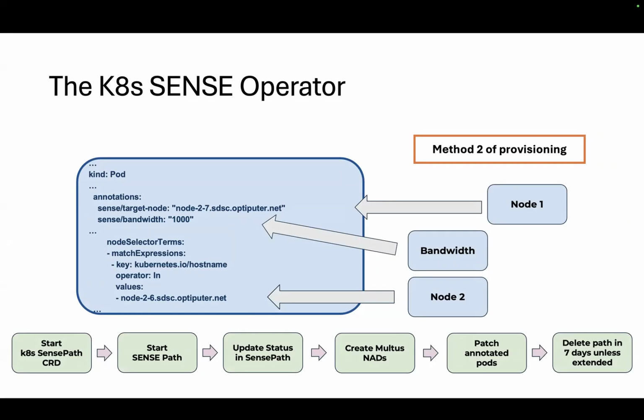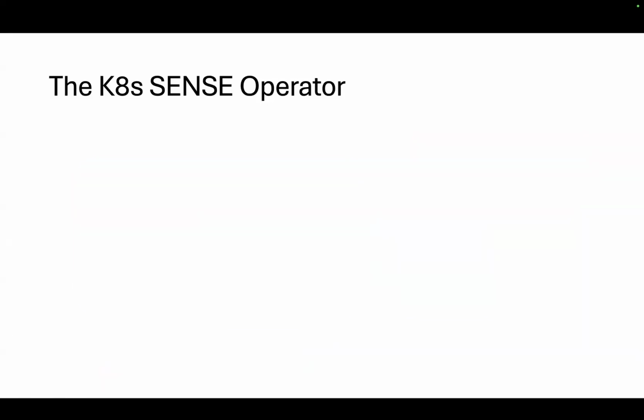And the main thing here is that before all of that, the first step is, let's say I have two pods doing so: node-2-7 and node-2-6 going to each other. Before it creates the Sense path, it looks to see if the VLAN I specified is something that already has a path. So this way I can define two pods, one that is going to 2-6, that's node-2-6, one node-2-7. Then the operator will understand that those two pods are meant to be plumbed together, so it takes that into consideration as a factor.